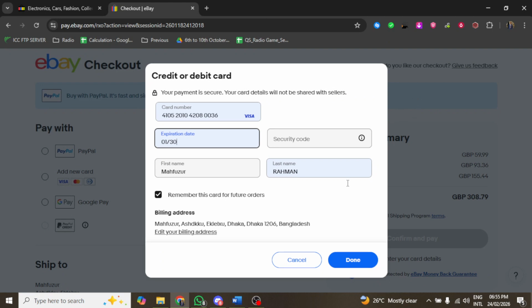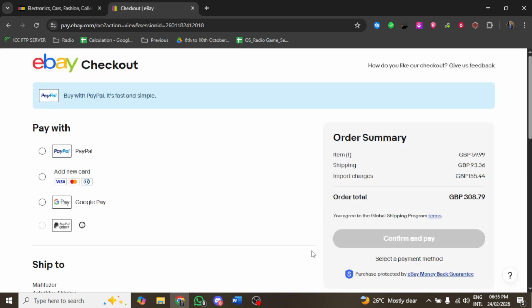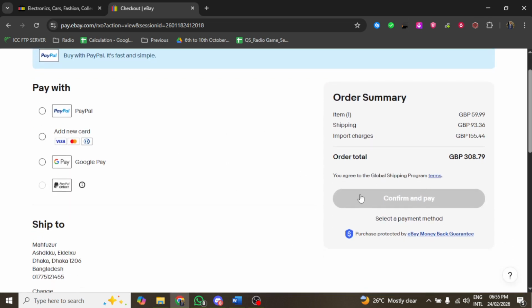After entering all necessary details, confirm your order by clicking the Confirm and Place Order button. This action will initiate the purchase process. Depending on your internet speed, you may experience a brief loading period as your order is processed. Once completed, you should see a confirmation message indicating that your purchase was